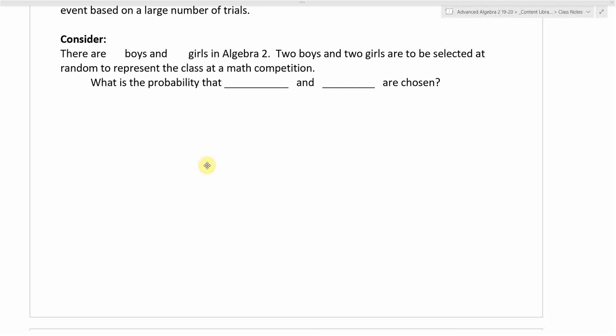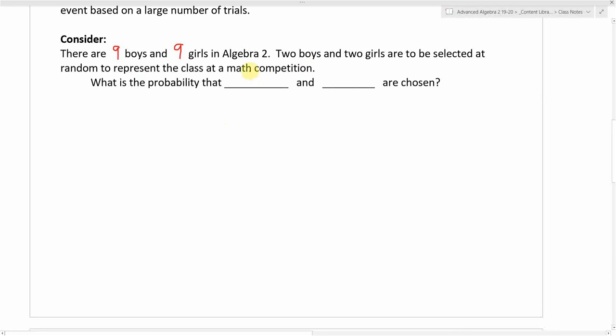Let's look at an example and start computing some probabilities here. Let's consider our Algebra 2 class. There's some blanks here to fill in. So let's think about our Algebra 2 class. In our class, we're actually an even split of 9 boys and 9 girls. So we're going to take 2 boys and 2 girls to be selected at random to represent the class at